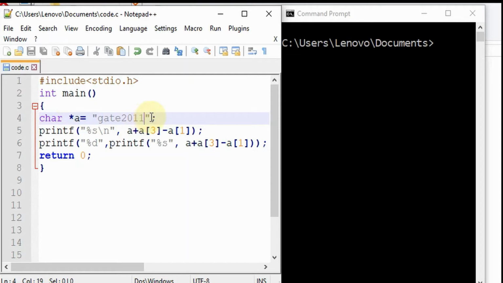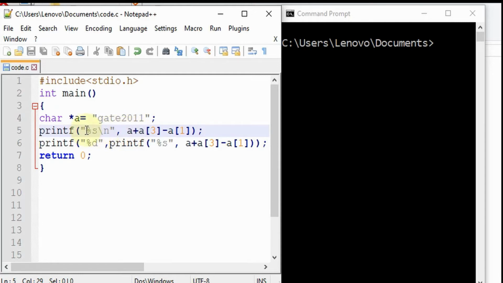Also, this is hidden, but at the last a null character is stored automatically so that it can understand where it has to stop. If we try to print this, it will print GATE 2011 and it will stop. How can it understand? Because a null character will be stored after that, so it will understand that. This was a question that actually came in the 2011 GATE examinations, and now we are going to print this.